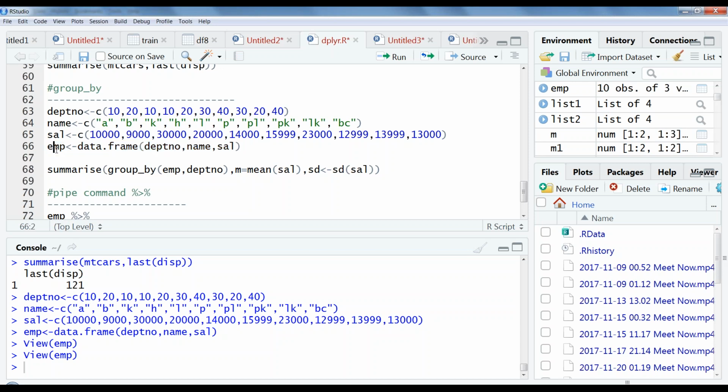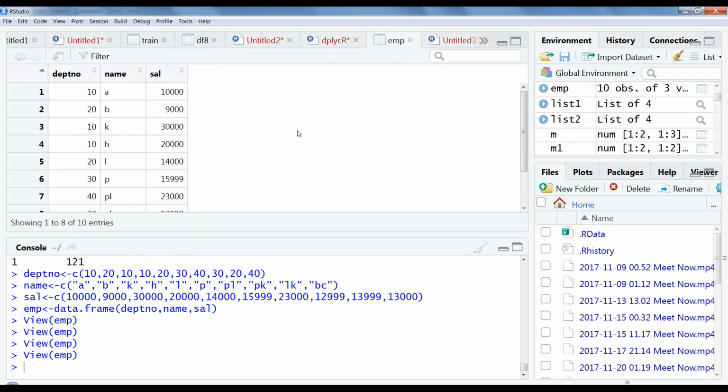Once the data frame is created, from this employee table I want to know, department wise, what the average salary is. In the 10th department we may have three employees. I want to know the average salary of the 10th department, which is nothing but the mean.